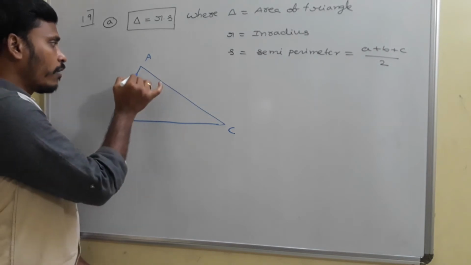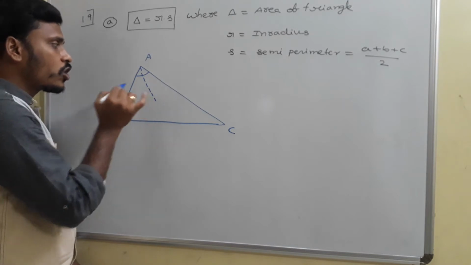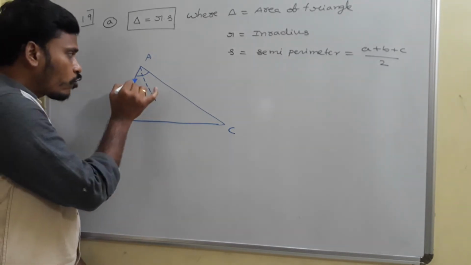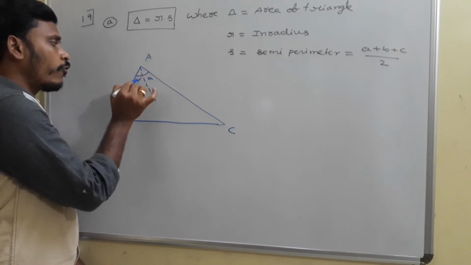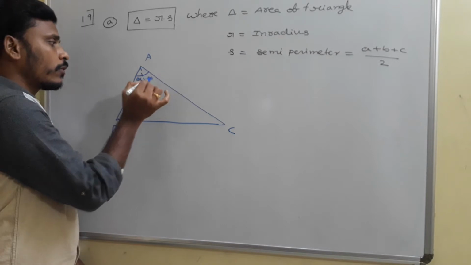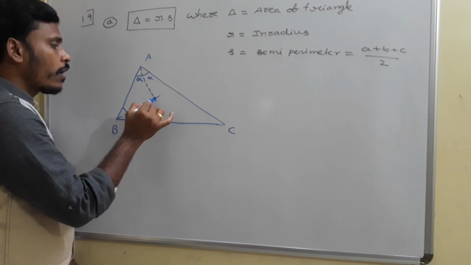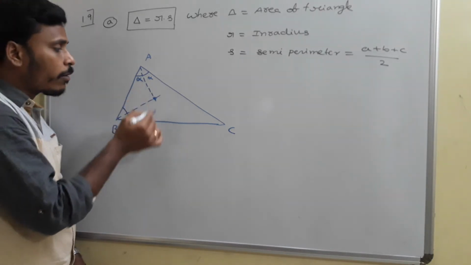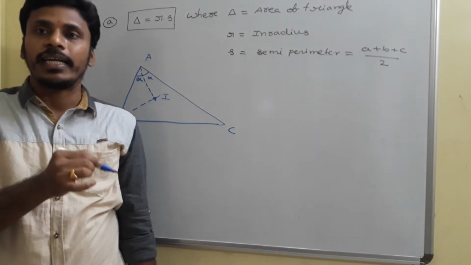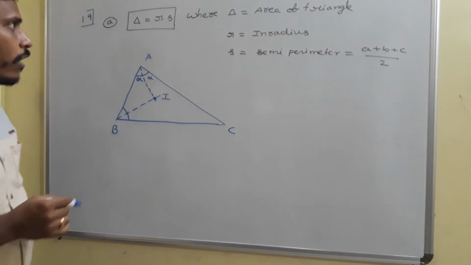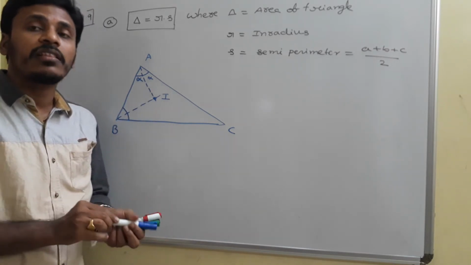I will mention it. Okay, suppose you have this angle, there is a line which bisects this angle. This is called the angular bisector. These two angles are the same. You may take it as alpha and alpha. And similarly, you have angular bisectors for this angle also, and for that angle also. Those 3 angular bisectors will meet at a point, and that point is mentioned as I, which is the in center. Okay. And now what we need to think is that in center is equidistant from the 3 sides of the triangle.